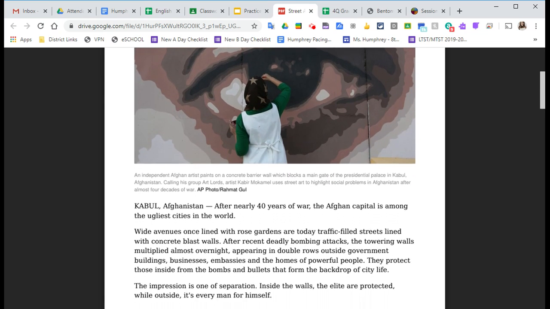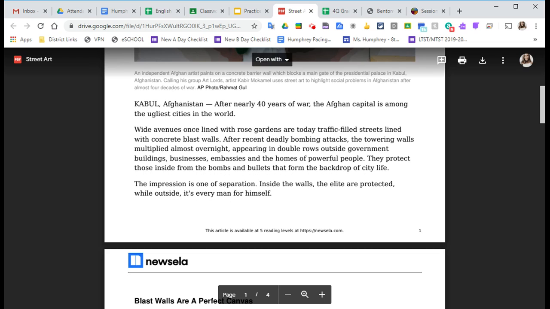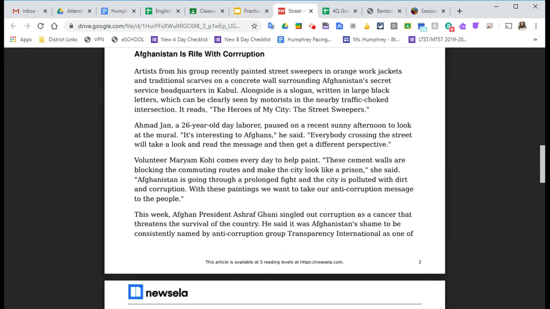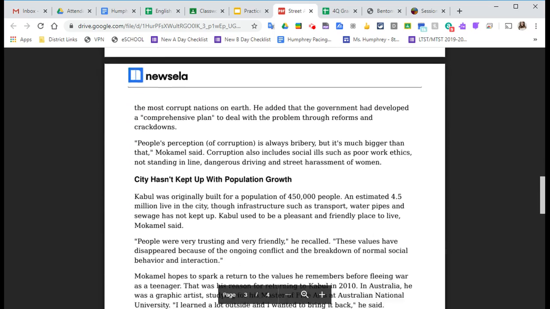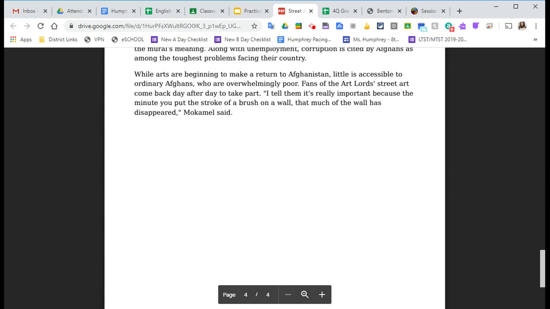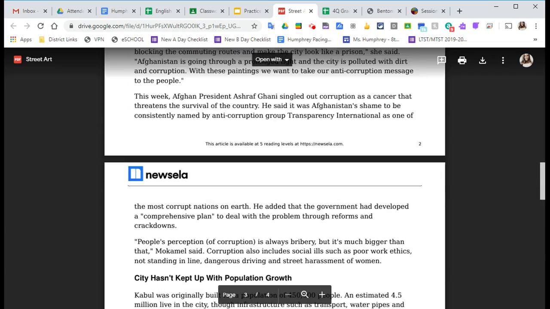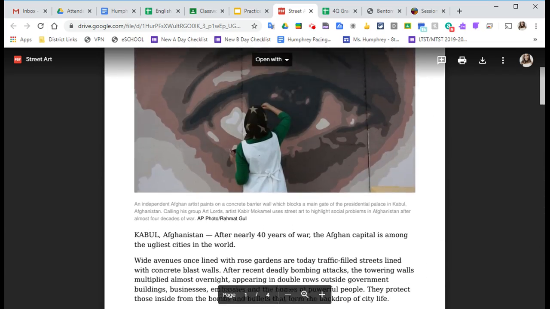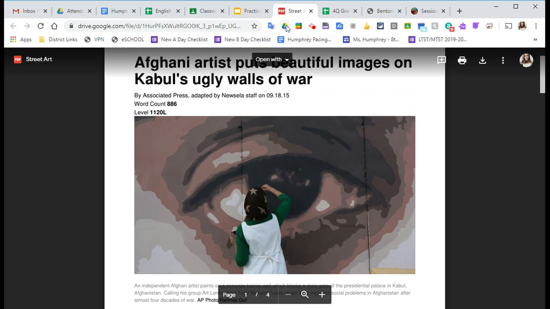And so you're going to be looking at this aspect of the street artists that are beautifying this city in Afghanistan, which is really crazy. So it's a handful of pages long. It's not too overwhelming. Just read through it and be considering the parts where they're maybe more persuasive than argumentative